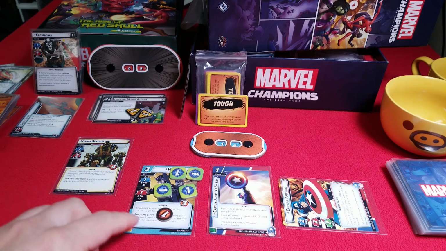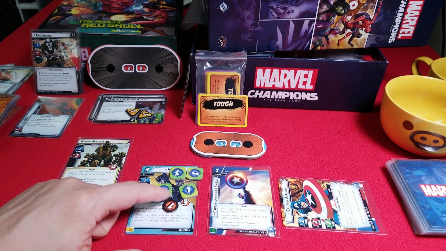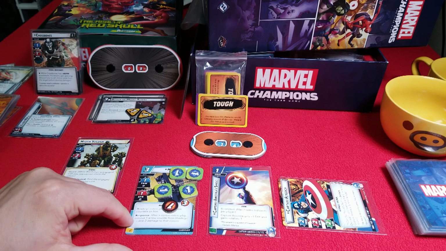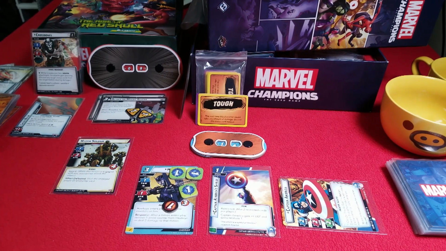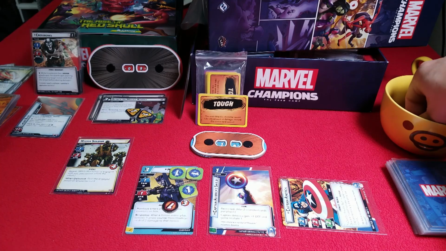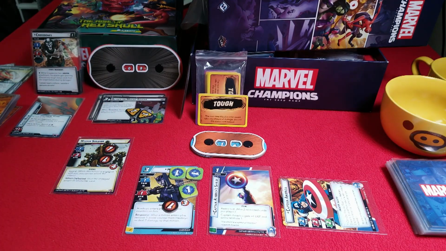Before I forget, as we're wrapping that up, Hawkeye gets to take a shot at this guy. After a minion enters play, remove 1 arrow and deal 2 damage to the minion. So he starts with 2 damage on him. That helps. All right, now we're back to the player phase, and